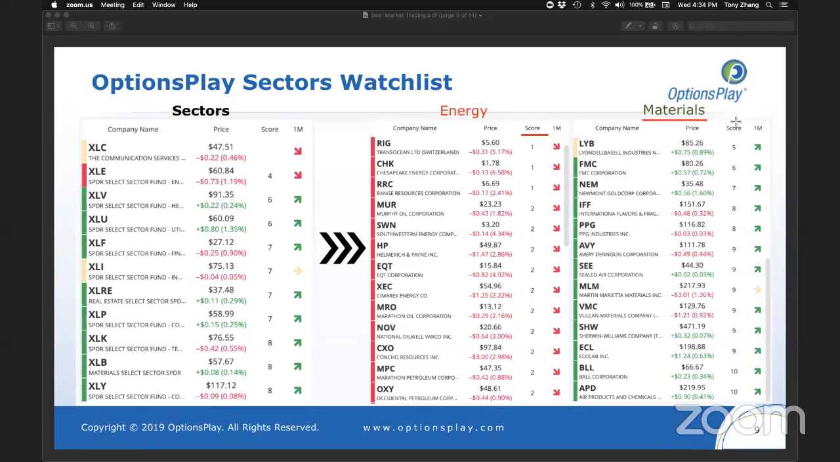So I pulled up materials. I also sorted it by the score. Notice how when I looked at the highest scoring stocks in materials, even though the markets were down today, most of the stocks in materials were either flat or positive on the day. So this is really showing you how relative strength gives you a sense for, or think of it almost as a roadmap, to give you a sense for where you should focus your attention to try to find bullish